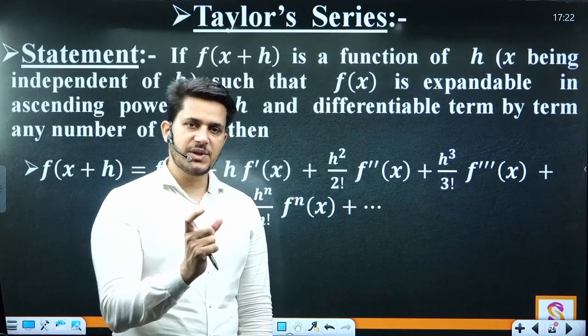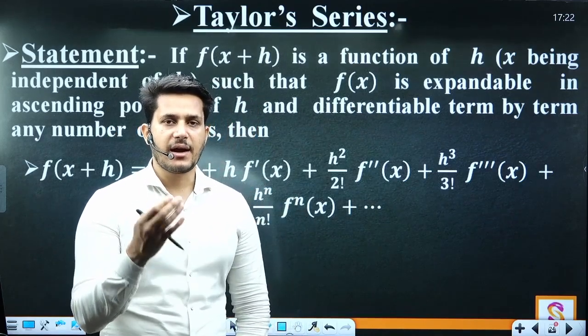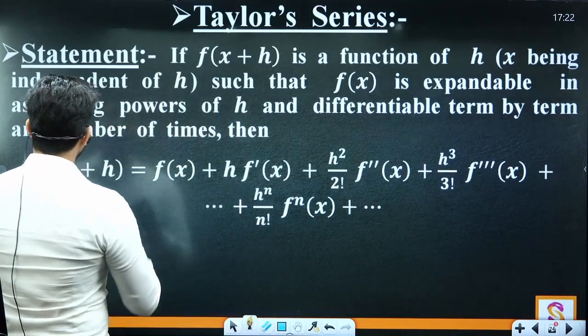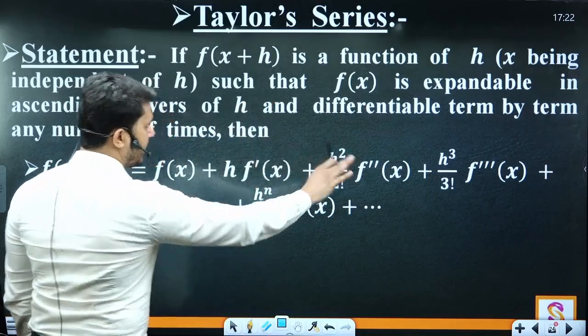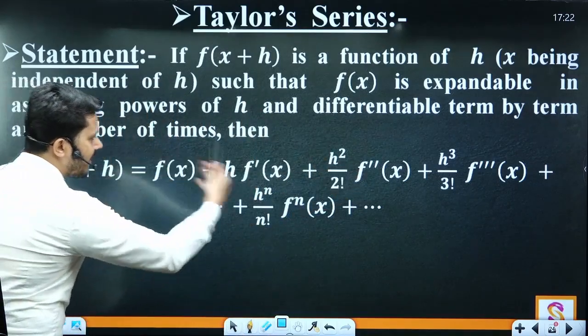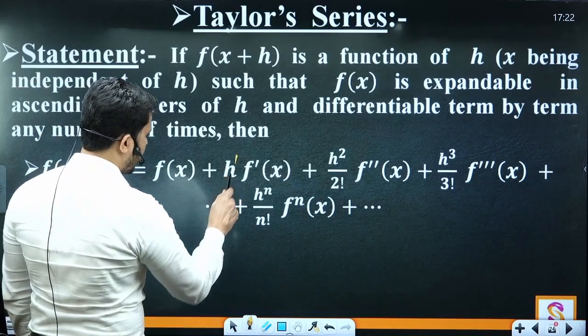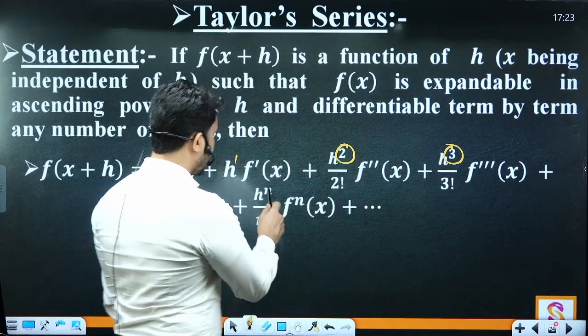तो जो ये शब्द है ना in powers of, उसके बाद जो लिखा होगा वो काम करेगा h का। इसका h। तो क्या लिखा है स्टेटमेंट में, सब कुछ बाद में पढ़ेंगे। पहले ये देखो कि फंक्शन जो है किसकी पावर में एक्सपेंड हो रहा है। किसकी पावर? h की पावर। h की पावर 1, h की पावर 2, h की पावर 3, h की पावर 4, h की पावर n